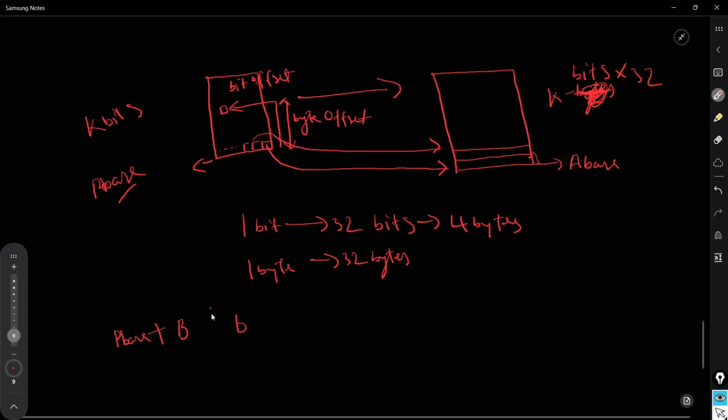We don't really use the bit to reach a specific register in the representation of that address, because it is a 32-bit architecture, so 4 bytes are grouped together. So this is the register, and this is your bit.